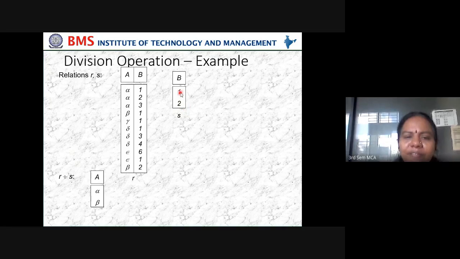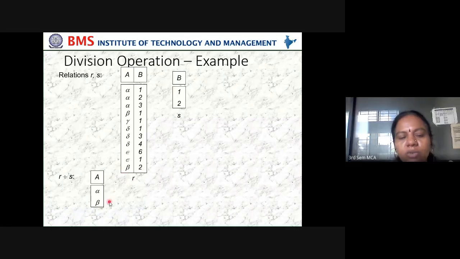Let us check with all the rest of the elements. Then we can conclude that beta 1 is there and beta 2 is there, so we write beta. For the rest, we can see gamma 1 is there, whereas gamma 2 is not there. Theta 1 is there, theta 2 is not there. Theta 3 is there, theta 4 is there, whereas theta 2 is not there. In the same way, for alpha, 1 is there but 2 is not there.